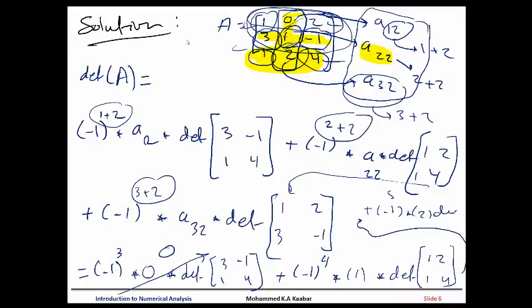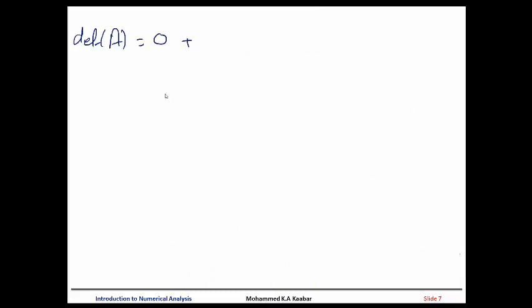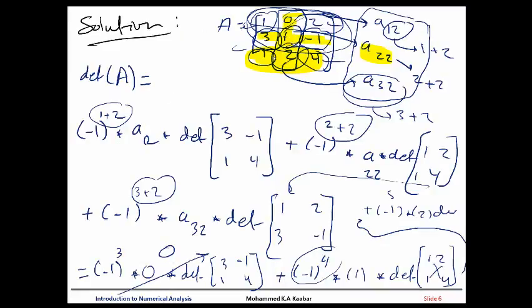Now we can find the determinant of A. It is equal to what? 0 plus, what? Minus 1 to the power 4. 1 times 1, 1. Determinant of this one, 1 times 4 minus 2. 4 minus 2, plus